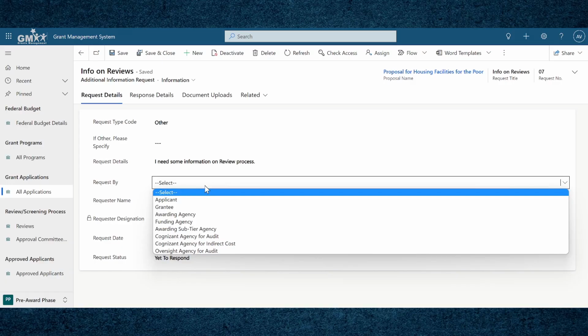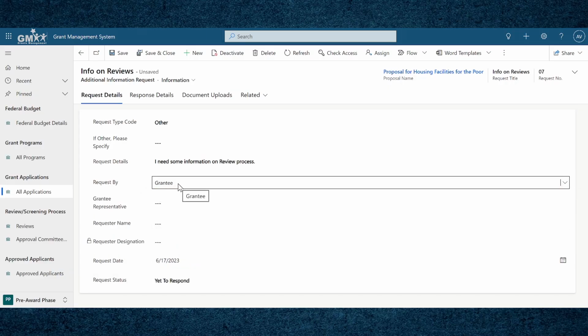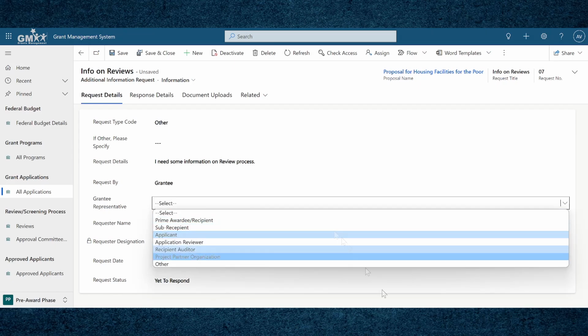Now there's another field called request status, which has been defaulted to yet to respond. Request status field is a multi-choice field with options like responded, yet to respond, and no response. So the moment you start a new form, this request status field will show a default value, that is yet to respond. Okay. So now you have seen the request details tab.